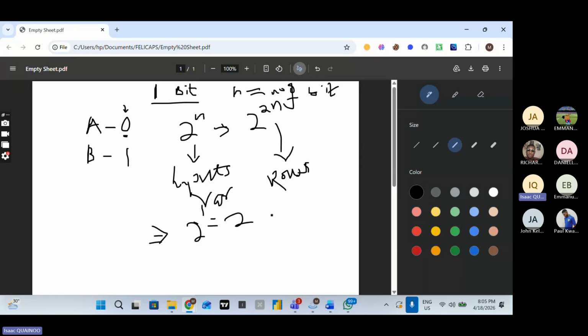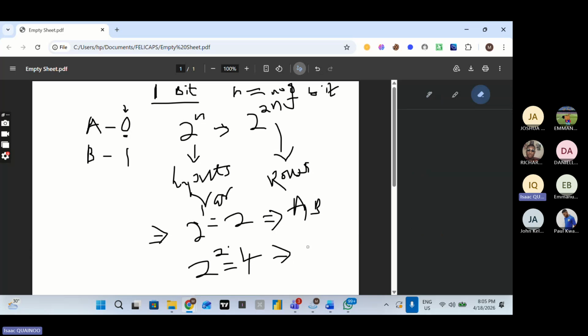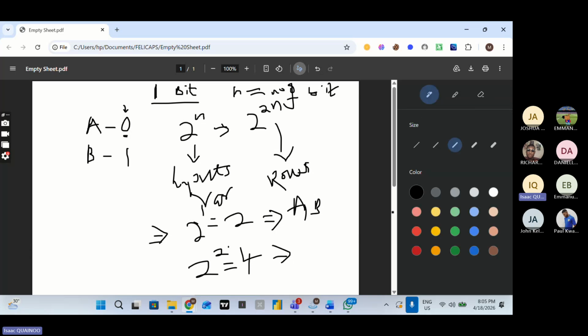So from this, we know that our comparator is going to use only 2 variables, which is A and B. But assuming we have a 2-bit comparator, we are going to have 2 raised to the power 2, right? Which gives us 4. So we should know that the number of distinct variables we are going to use are 4, which is A0, B0, and then A1, B1,